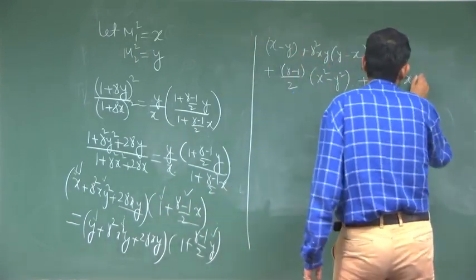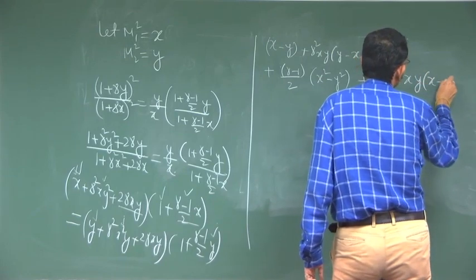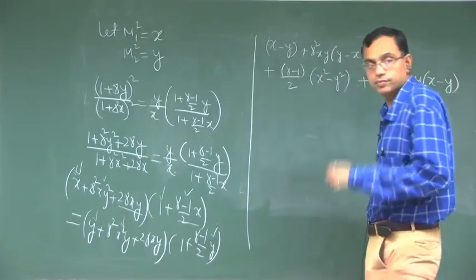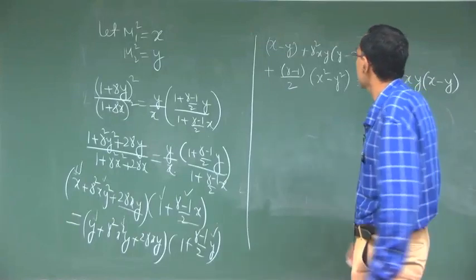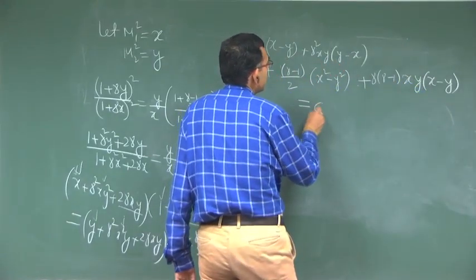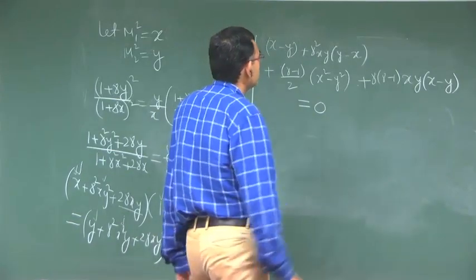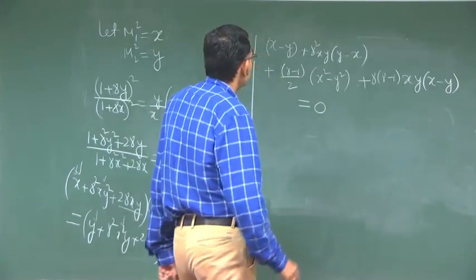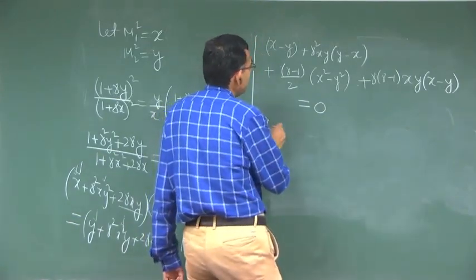So x y into (x minus y), right. This is equal to 0. So x minus y